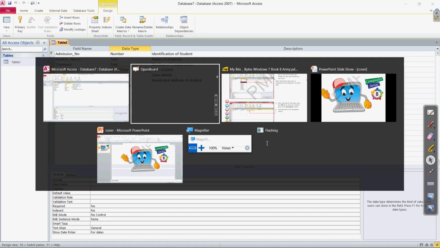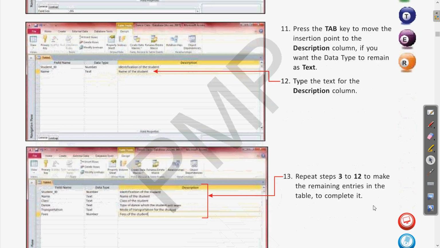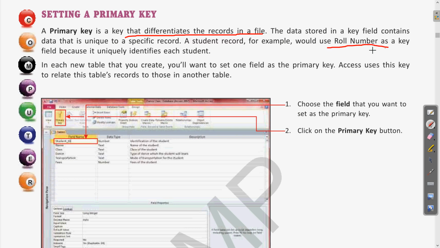And after that, in the previous class we were discussing the primary key. So let us come to the topic primary key also. There we have seen how to set any field as a primary key. We have already seen what exactly a primary key is. Primary key is the key which differentiates the records in the field. Clear? For example, the roll number can be the admission number in the case of our database which we have made. So we have made the admission number the primary key, and for making any field the primary key, we have seen that as well.